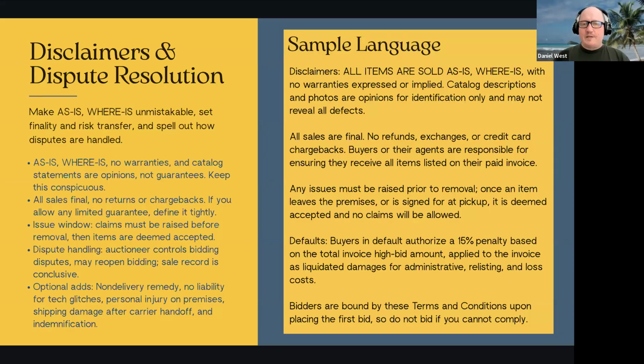The other one is about guarantees. So traditionally, auctioneers don't offer guarantees. That's what the "all items sold as is, where is, with no warranties expressed or implied" means. But I want to suggest anyway that you think about what a potential guarantee might yield you. So this is just a thought experiment. I'm not telling you that every auctioneer should have some kind of a guarantee, but especially if you're not allowing on-site sales or on-site previews.